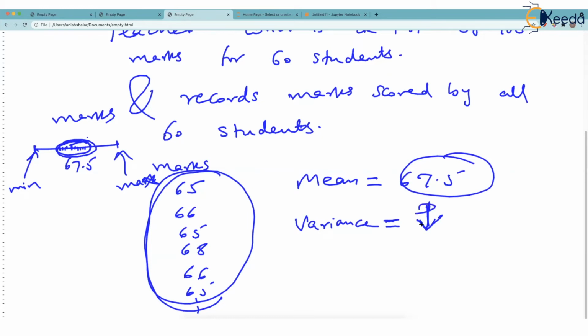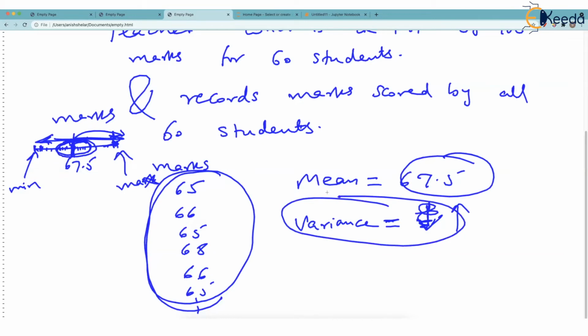But what if this variance comes very high? Then the teacher knows that the data is quite widespread. So there are some students who are very far from the mean. Because if this figure is very big, then it will contribute to our sum, and then the average will increase upon 60 we are doing. So there are some students who have performed magnificently well, and there are some students who have performed really very poor. Check the spread across the mean. One quantity will tell the teacher the performance of the entire class.